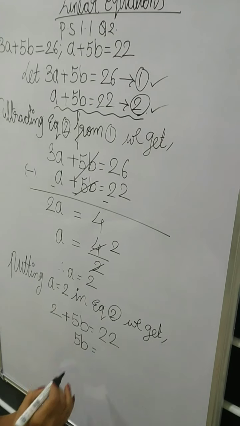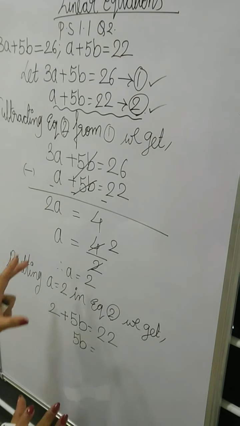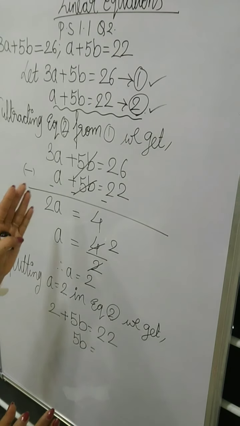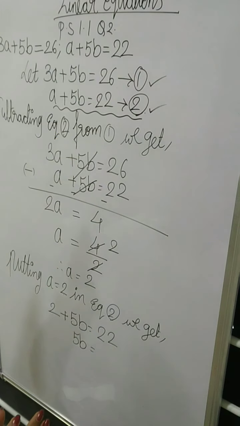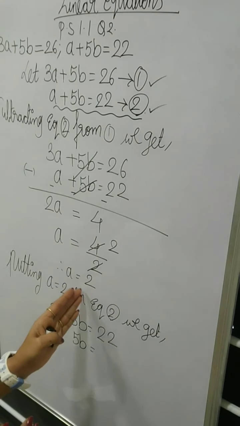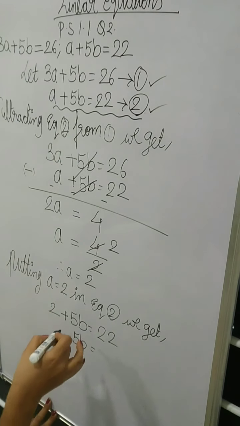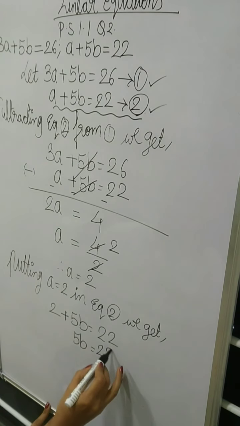See, our main motive here is to reduce the whole equation and find the value of two variables, and the two variables which we have to find here are variable a and variable b. So we need to focus on reducing the variables. I reduce one variable, then I focus on the one left out variable, I reduce the numbers and get the value, and then I put it back in one of the equations and find the value of the other variable. So this is how we do it.